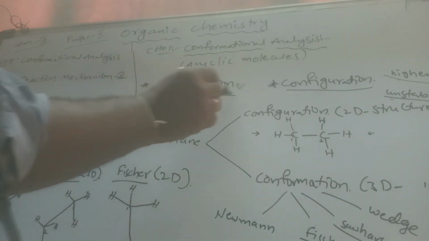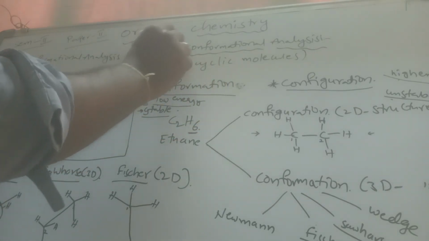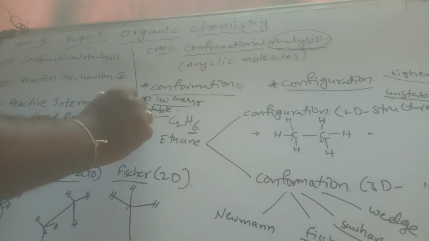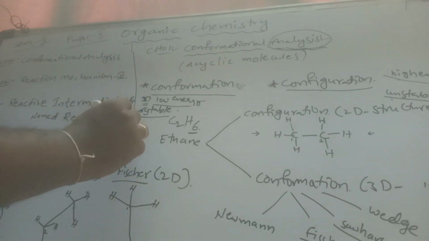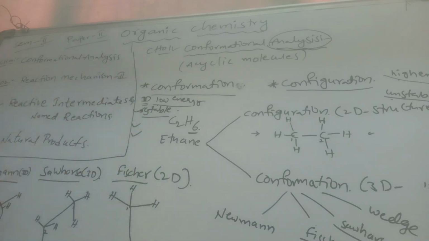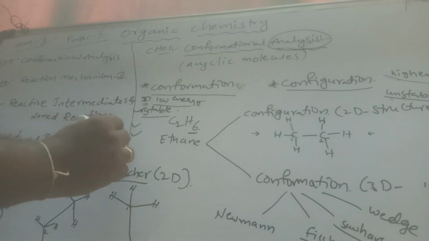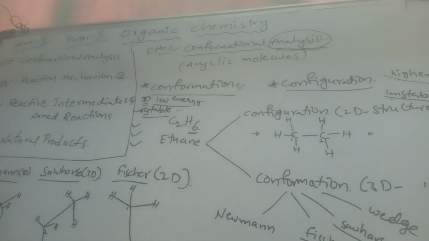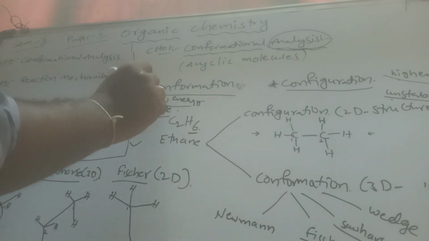That's why we study the conformation as a chapter, conformational analysis. Analysis indicates why it is stable, how many structures are possible for the conformations, and what the energy character is for each and every conformation. So how can we write conformations? These are all the points that can be discussed under the conformation by using the analysis.